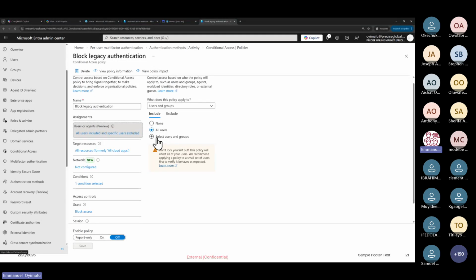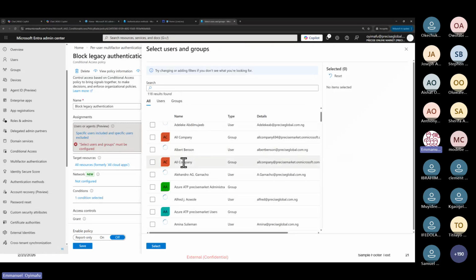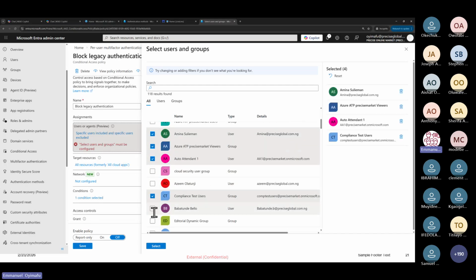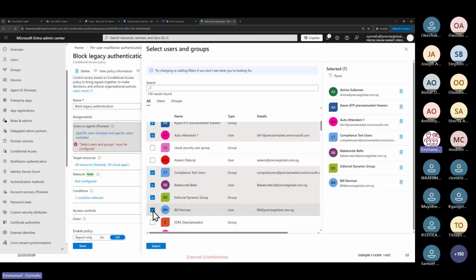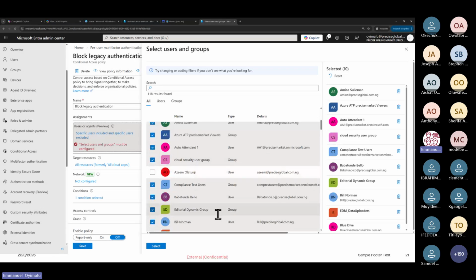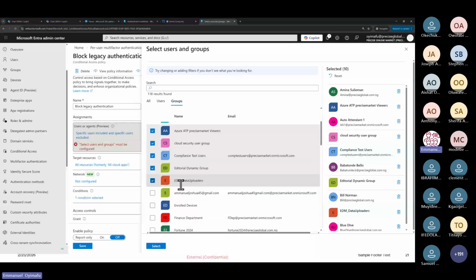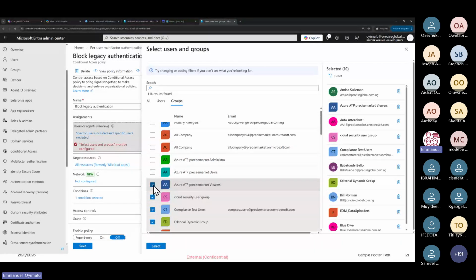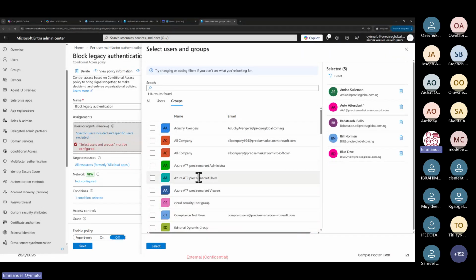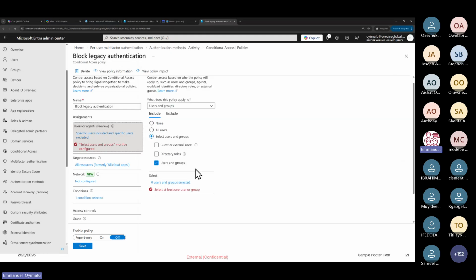You can apply it to selected users or groups, whereby you can select the users that you want to apply the policy to. You can just pick them. I can say I want to apply it to all these guys here. So you can select specific users, or you can even select a group, as the case may be. You can select any group that you want to apply the policy to. Most times it is good, if you want to use conditional access policy, to target pilot users, not all users, so that everybody doesn't get locked out at the same time.